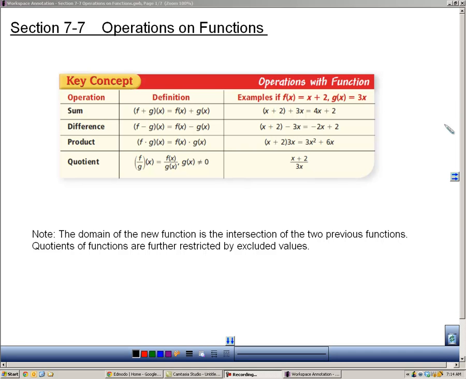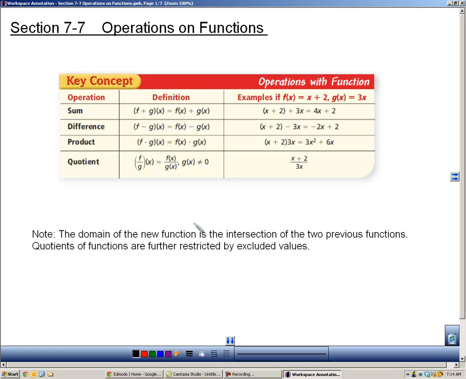Section 7.7 is about operations with functions. This key concept gives us a bunch of operations that we can perform with functions. For instance, we can add two functions together, subtract them, multiply them, and divide them. Here you see some examples of how to do that, and we'll be doing a lot of examples in this